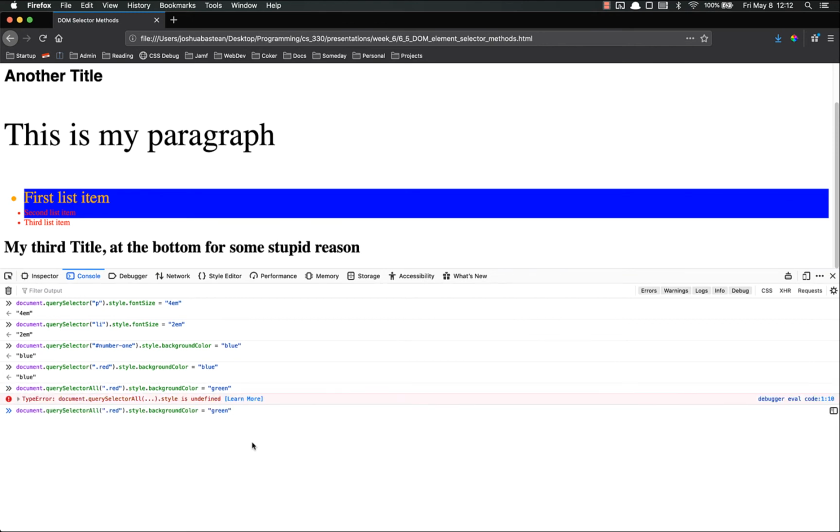The reason this doesn't work is because query selector all returns a node list, not a single item. And because we have a node list, we can't simply change the property on the parent list. We have to loop through it, and on each element, change that. So if we wanted to, we could do that by setting it equal to a constant, or we could just